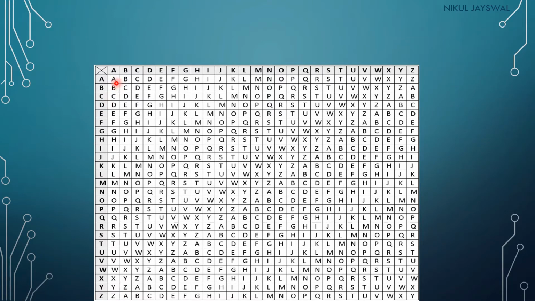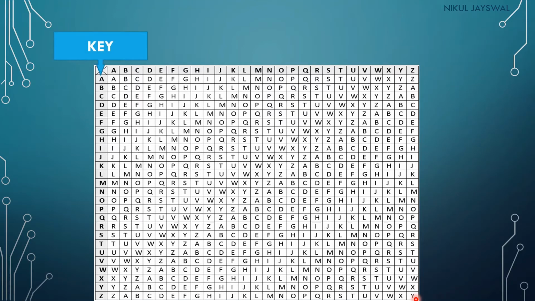If you look row-wise, the first row starts with A and goes to Z. The second row starts with B, goes to Z, and the last character will be A. The third row starts with C, goes to Z, and the last two characters will be A and B. Then the fourth row starts with D, goes to Z, and the next letters will be A, B, C. This is how we construct the 26 by 26 table of A to Z. If you go to the last row, it starts with Z, the second character is A, and it goes to Y. So this is how we first construct the 26 by 26 table of characters.